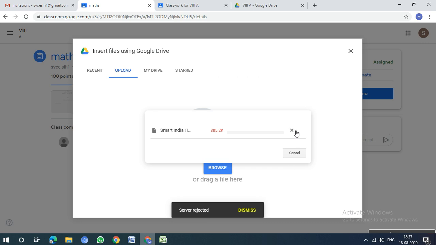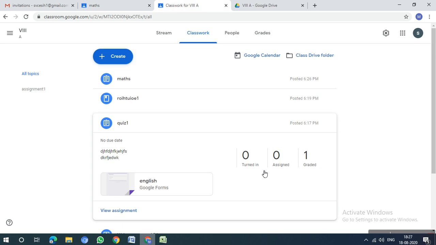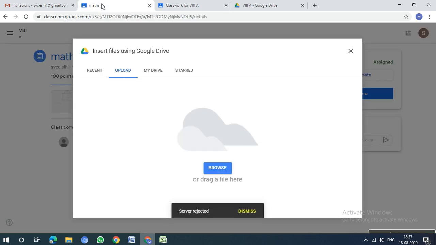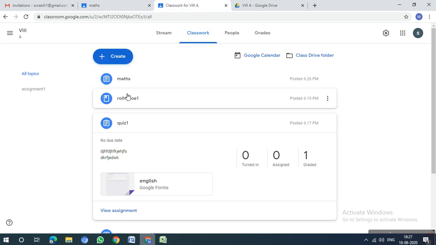Okay, sorry. We have given only view access, so that's why it is showing the error. Here we need to give edit access, so they can also edit it. One second, I'll go back and create it once.